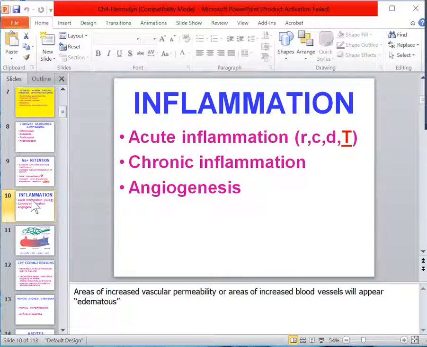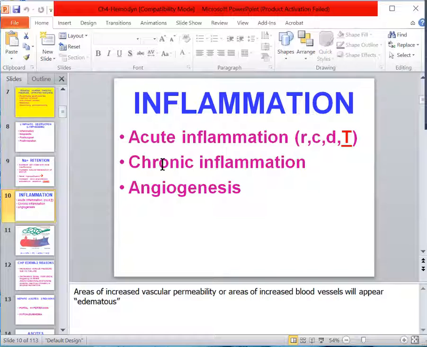Another reason for edema, we talked about this in the last webinar or so, would be acute inflammation. Remember, we said the 4 cardinal signs of acute inflammation were redness, calor or heat, dolor or pain, and tumor. Well, the tumor or the swelling, not really a tumor, but the swelling that you get with acute inflammation is strictly on the basis of localized hyperemia and leakage of stuff from the vascular space into the